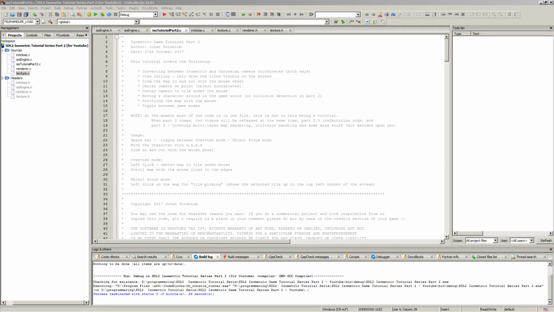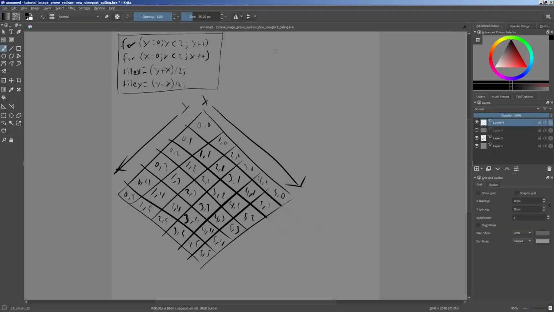Okay, guys, we should continue here, and this will cover now the view culling. That's what we're gonna do. So I'm gonna head over to Krita and I pre-draw some stuff here. So the way we're gonna do things now is we are gonna use, let's see, up here in the corner here,